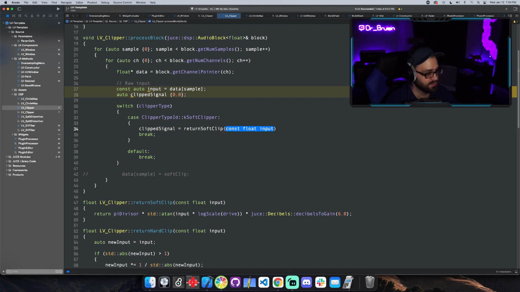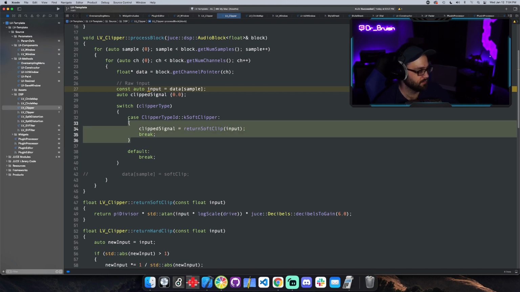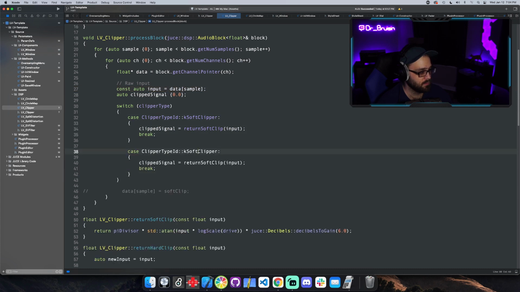The input is going to be input. And then the other case is going to be hard clipper. In that case, clip signal is going to be equal to return hard clip input. And then after the switch,